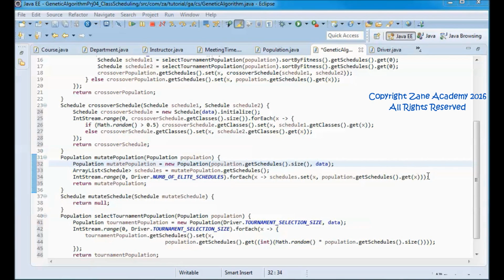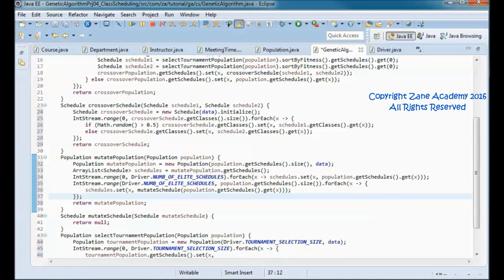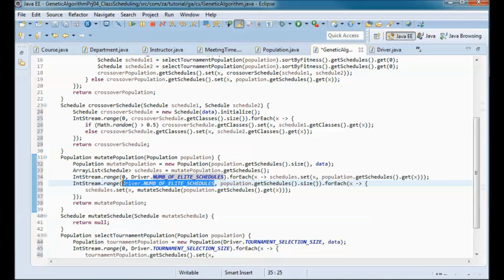And I will perform mutation on all schedules other than the elite schedules. So we're starting here from the number of elite schedules, 1 meaning. And we are calling mutate schedule and setting it in this schedules.